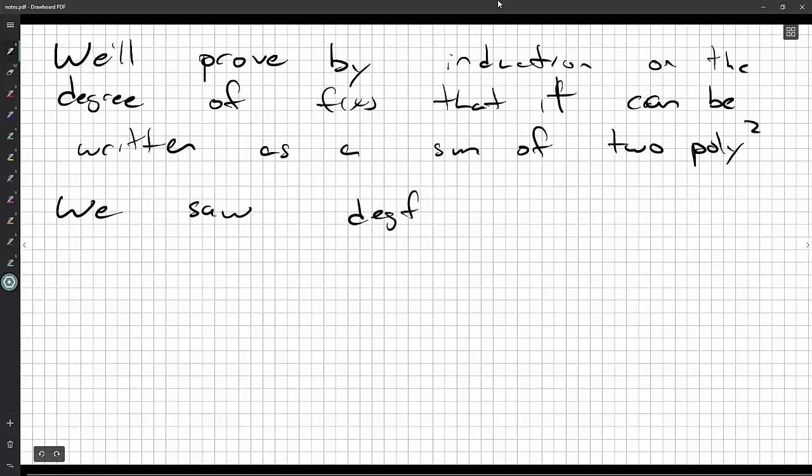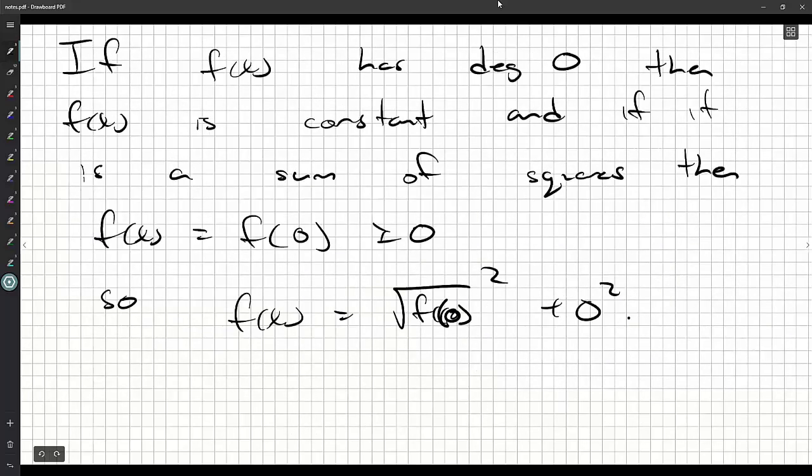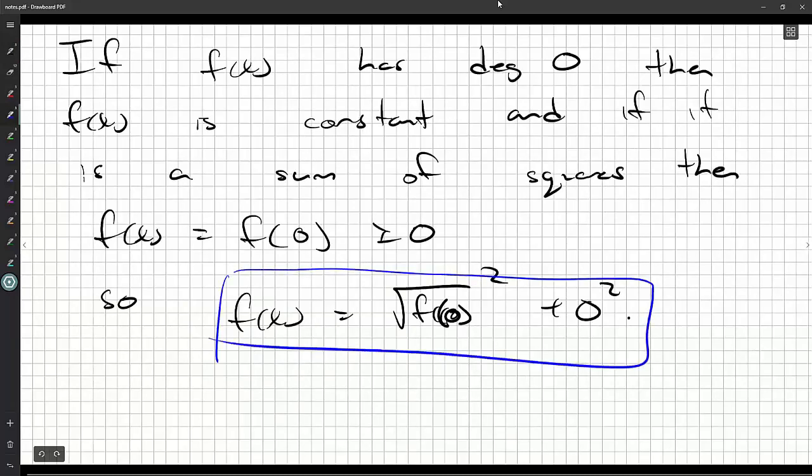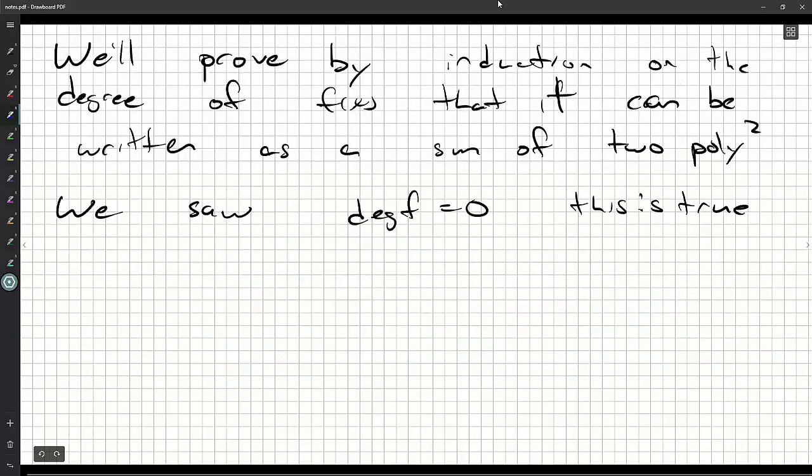We saw if degree f equals 0, this is true. Okay, that was our base case. We wrote that down a long time ago. Here it is. So you might even want to rewrite it over here, or where we are now, or put a nice colored box around it, but that's our base case. So we already handled that. So now we can assume that